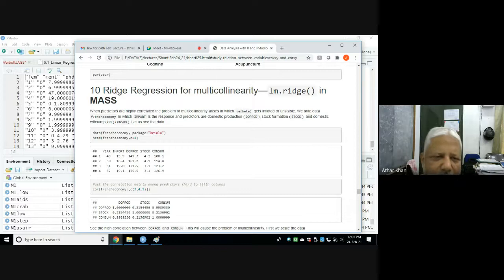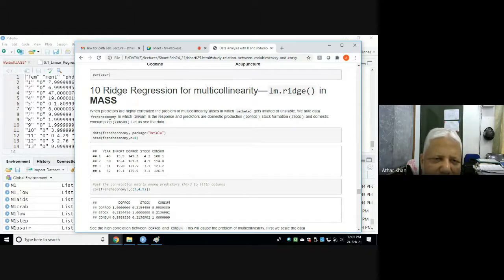We take data of the French economy, which has been discussed in the book on regression modeling by Chatterjee and Hadi. So that is the French economy data in which import is the response and the predictors are domestic production, stock formation, and domestic consumption.